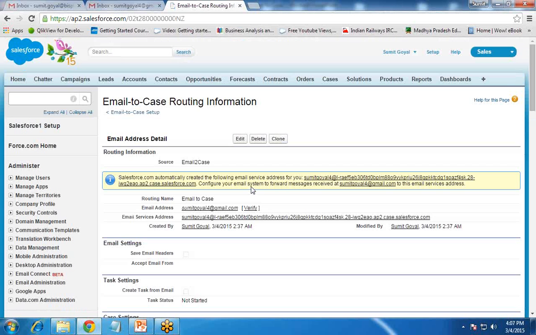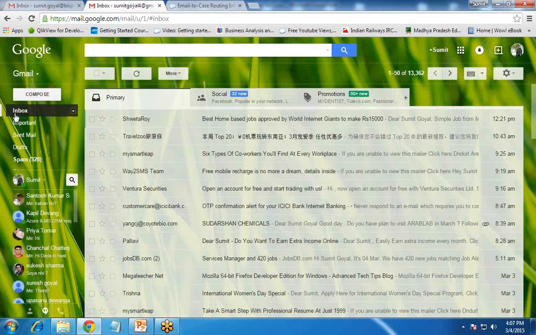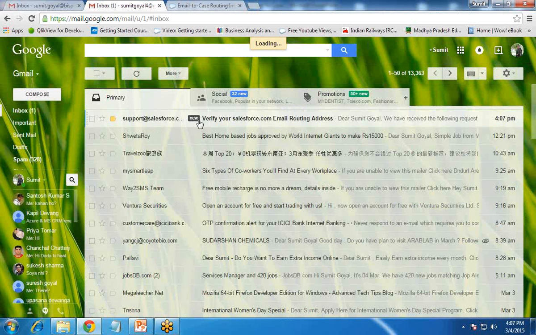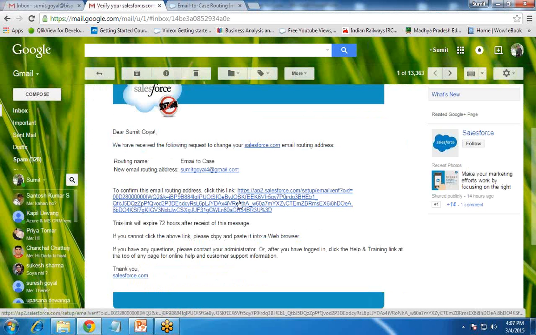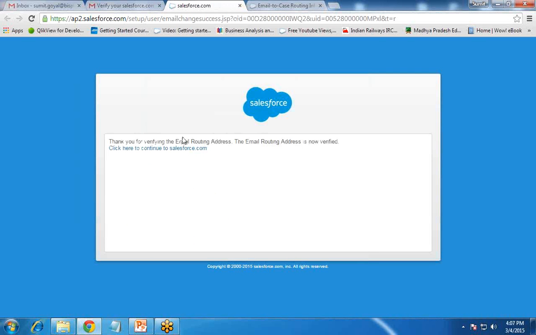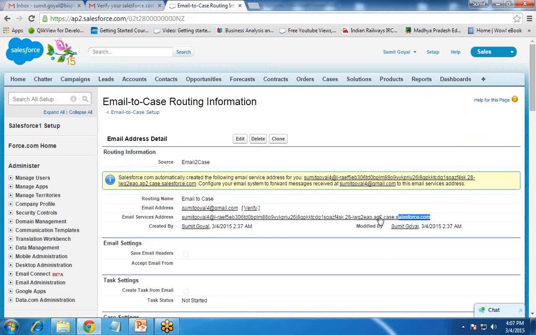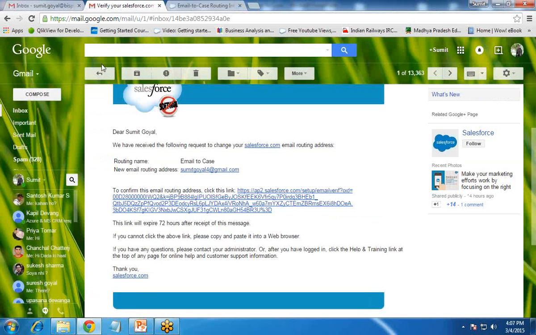It is done. Now if I go to my mailbox for verification, I see I have received an email from Salesforce for verifying the email address. I click on this and the email is verified. So the email routing address is verified now. I can copy this address for testing purposes.